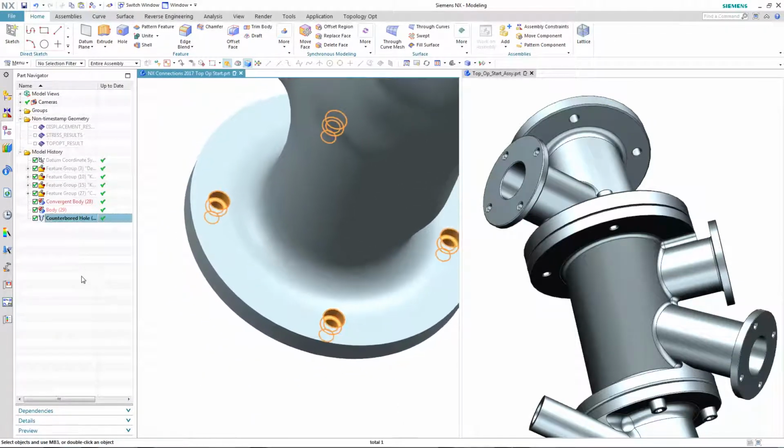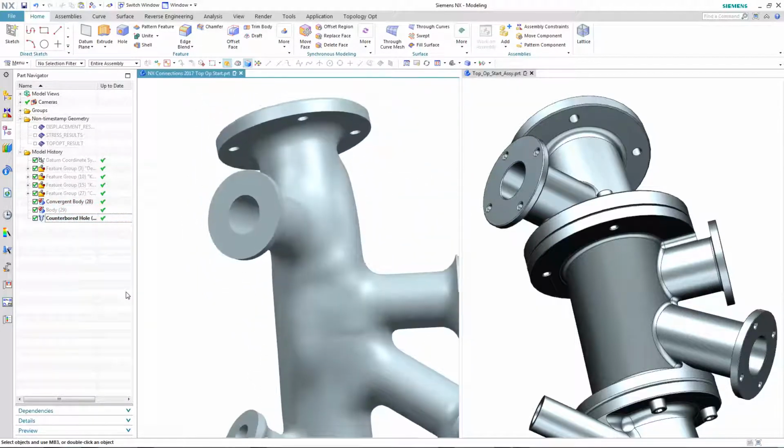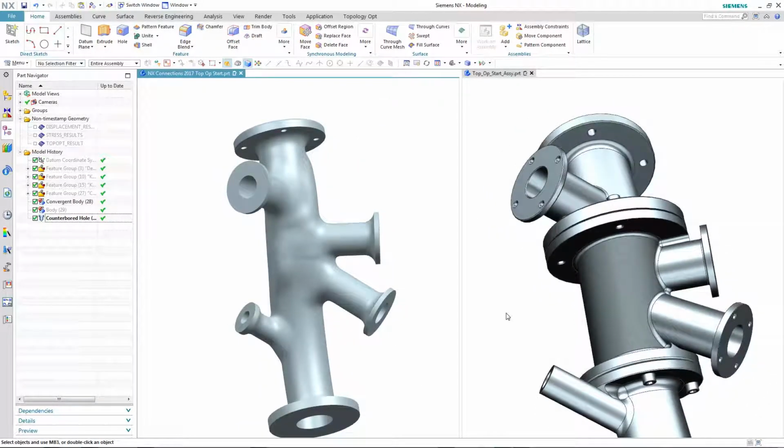And if we look in the Part Navigator, you can see that they are physical features that we could go back in and edit, change the size, change the type of. This is a unique capability and would be impossible to do without convergent modeling technology. So let's just recap on what you've seen in this demonstration. You've seen how we've taken an existing assembly and using topology optimization,